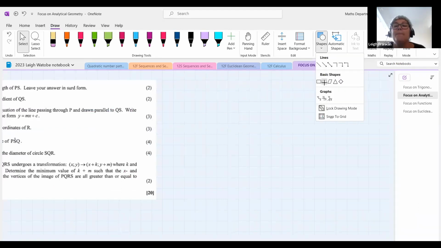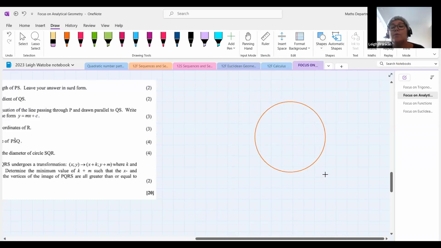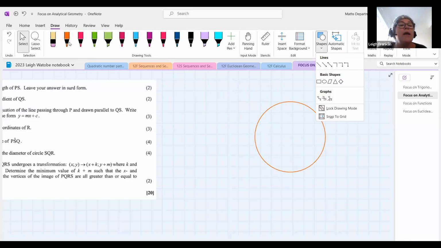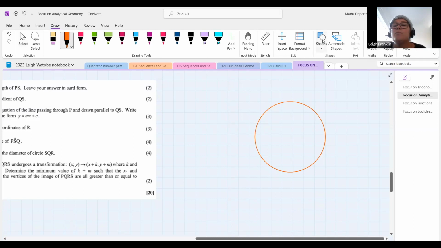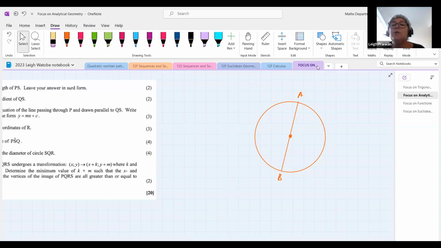more. Okay. So I'm going to draw a circle, as good a circle as I can get, and we're going to draw a diameter. And a diameter is a chord that goes through the center of a circle, doesn't it? Okay, so if that point over there was the center of the circle, we would say that line AB is a diameter. If I now then take